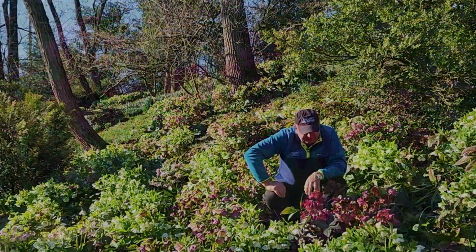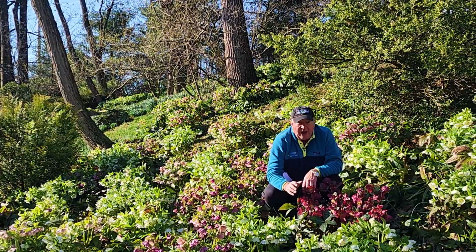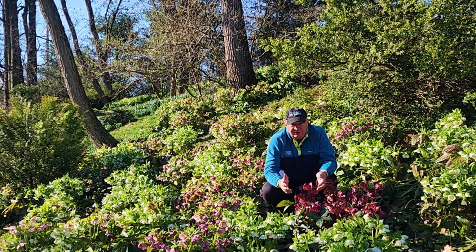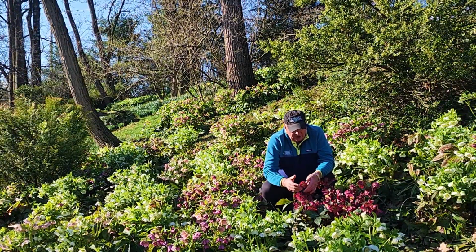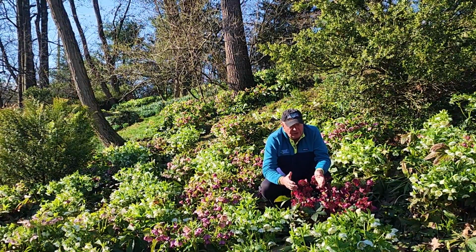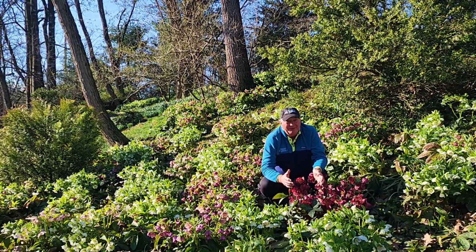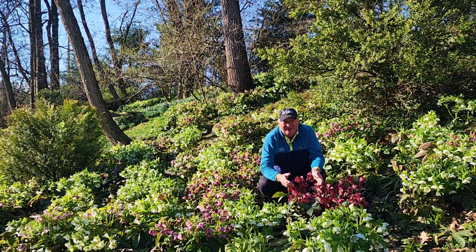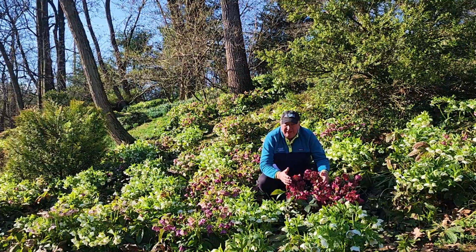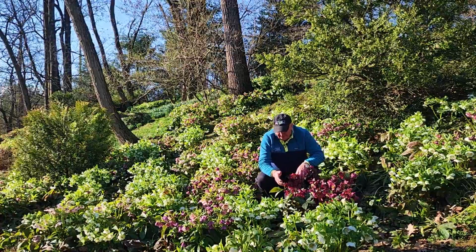What's interesting about this particular variety is that it's named for a legendary garden writer. Anna Pavord writes in newspapers and has written several best-selling books as well. And Rodney named this plant after her. And when she admired it first, he said, "It's just as well, because I'm thinking of naming this plant after you." So there you are, a really beautiful, very easy to grow and stunning variety of hellebore that will bring